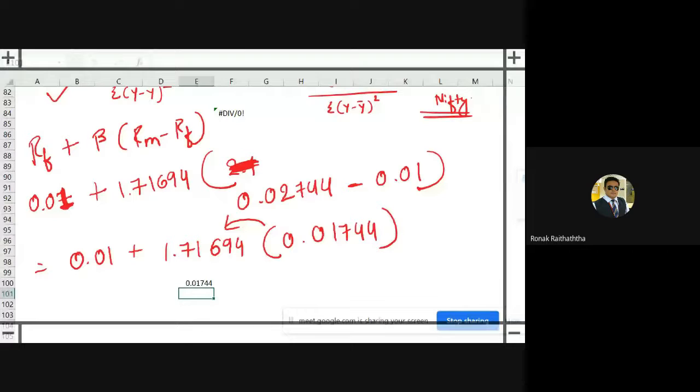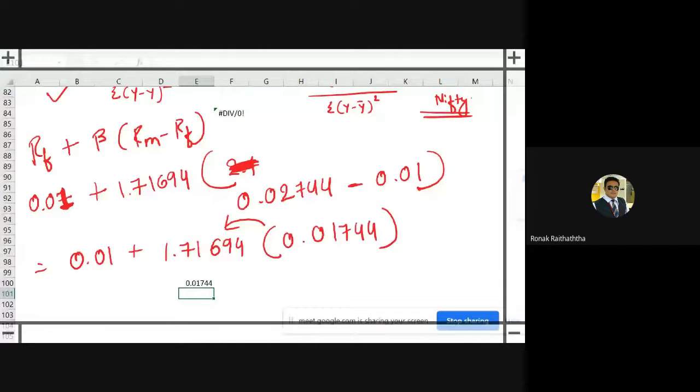Right now we are doing monthly calculations because the prices we had taken and the returns we had taken were on a monthly basis. So may I have a confirmation that you are crystal clear with this beta now? Beta calculations will not be asked in the examination as far as the FM is concerned, but you should be aware of it. It's the least square regression coefficient. You will be learning that in your statistics if you haven't learned it yet.